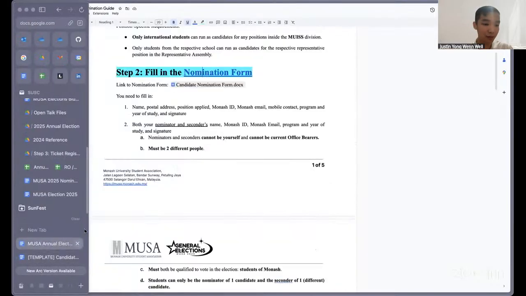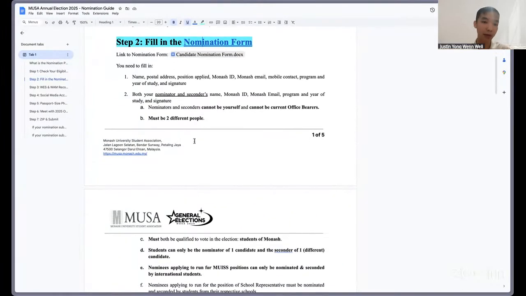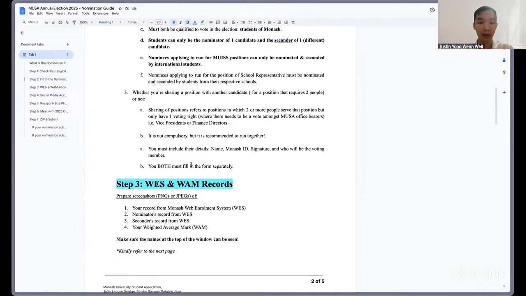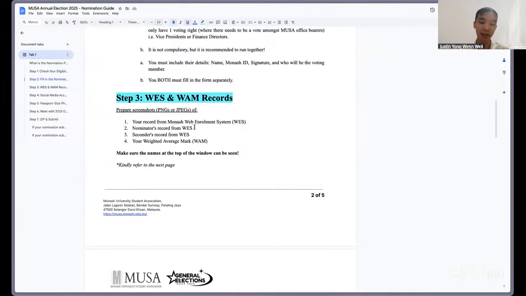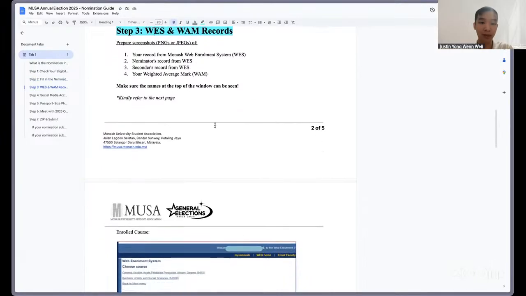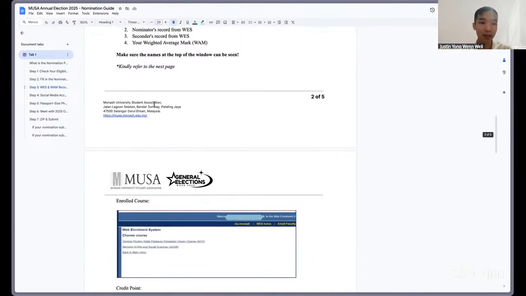And so for this part, you'll actually need to fill up the nomination form completely. And here are some of the things that you actually require for your nomination form. So first of all is your WES and also your WAM records. So as you can see here